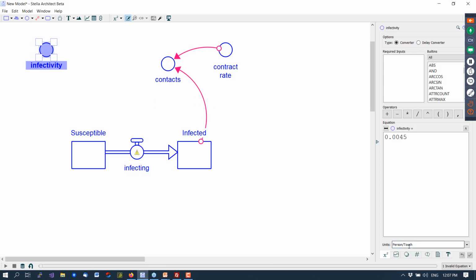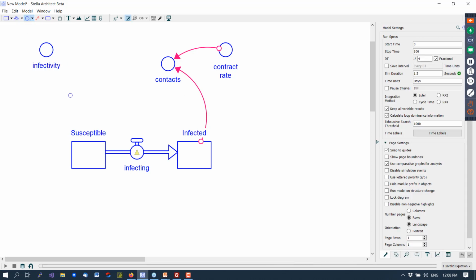Another way to think of this is it's the probability that a person will become infected as a consequence of having a contact with an individual who is infected. So you see that contacts is only of infected people. Of course, susceptible people are also making contact, but it's only the contact between a susceptible person and an infected person that is of interest in the propagation of the disease, since the infected people are already infected. And so in order to